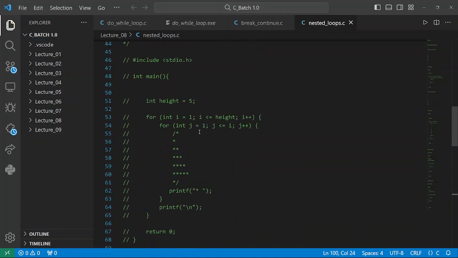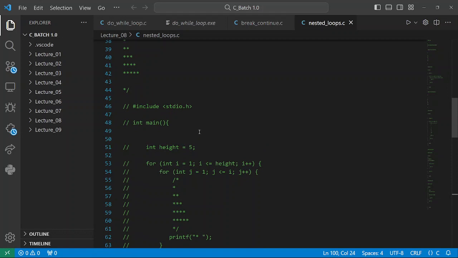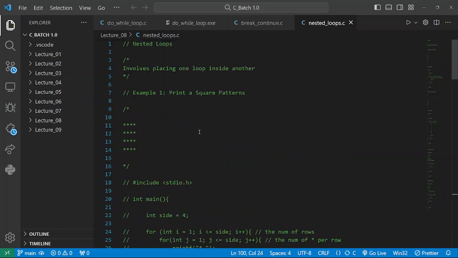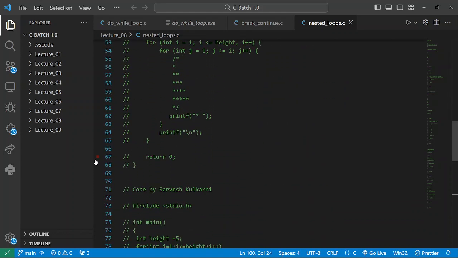In lecture 9 we will see a lot of questions on nested loops, do while loop, for loop as well as while loop. As many questions as we can cover. So before doing this, for those students who have installed VS Code,